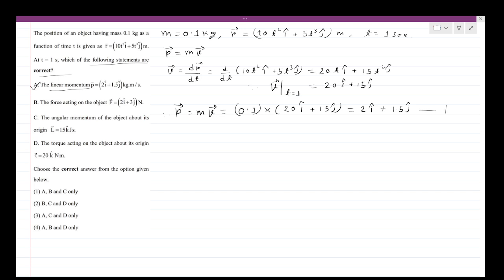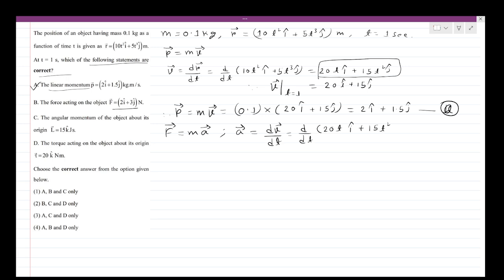Now let's check option B, the force acting on the object. We know that the force can be defined as m a vector, the force F vector equals m a vector. To calculate the a vector, we have to differentiate the v vector again, that will be dv vector by dt. Let's put the value of v vector from this expression: 20 t i cap plus 15 t square j cap. So it will be equal to